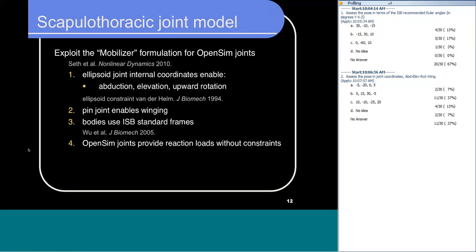In OpenSim, we use an internal coordinate joint formulation where we only enable the motion. So for a pin joint, there's only 1 degree of freedom, so there are no constraints. In a ball joint, we have only 3 degrees of freedom, and our ellipsoid joint is a generalization of that principle, in that we still have 3 degrees of freedom. There are no constraints. It's still an internal coordinate system,